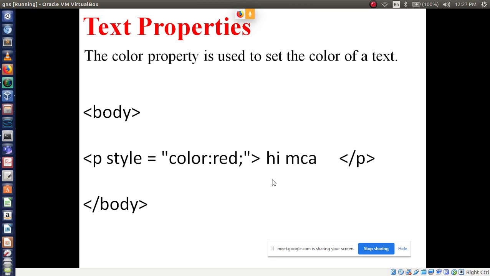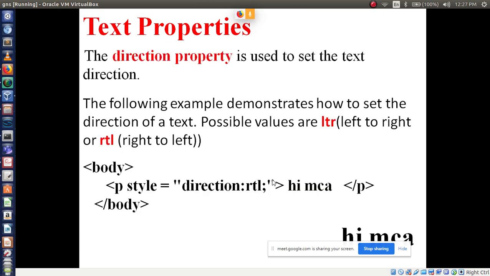Okay. Now the second property is the direction property. Direction comes in two ways: one is text align and the other one is direction. Direction means whether the text has to display on the right side or on the left side.